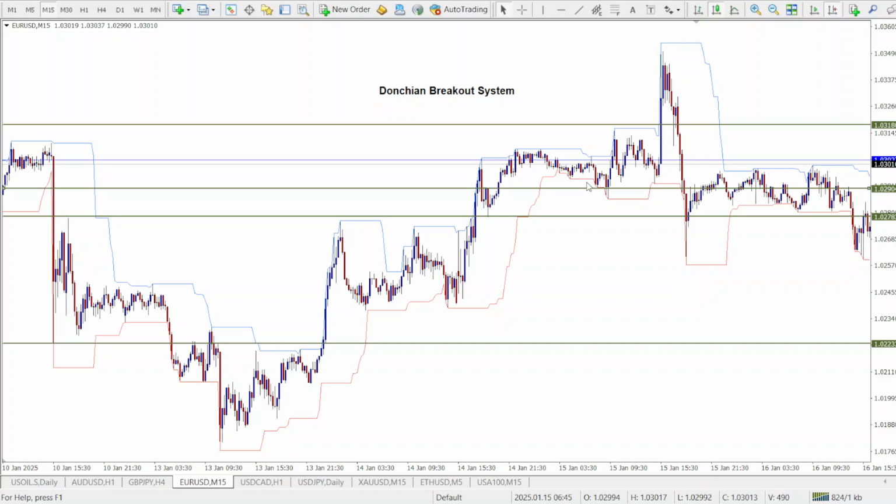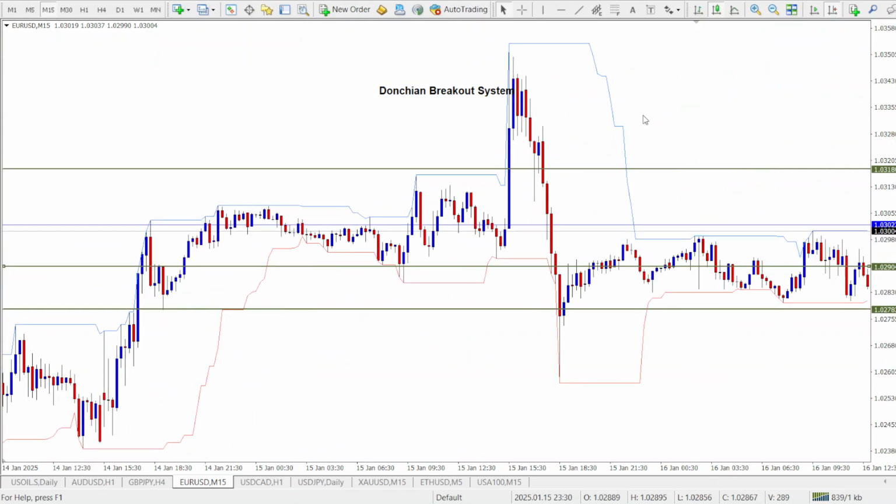Okay, so now in the case of waiting for price to close above the upper band, you can see that here we had a buy opportunity and the price closed above the upper band. So this would have been a good place to enter a buy, actually, if we are going to follow this system judiciously, right? So if you had entered a buy around here, then you'll be targeting any sign of reversal,